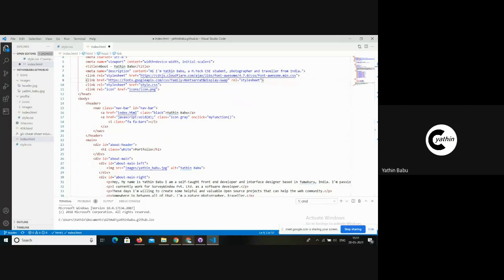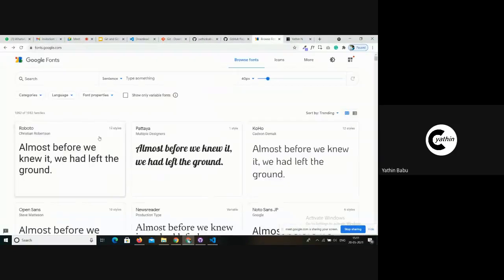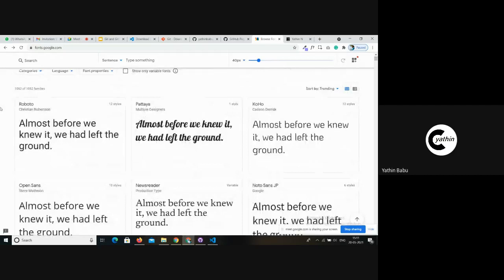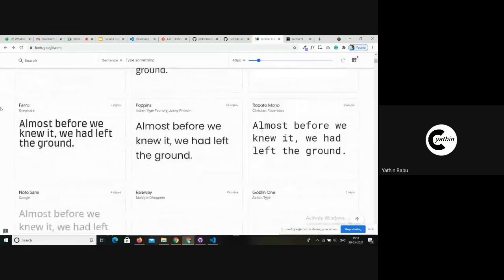If you guys are not familiar with Google Fonts, Google offers plenty of fonts for web developers so that they can customize their web applications or websites so that they look as unique as possible. There are plenty of fonts available online.